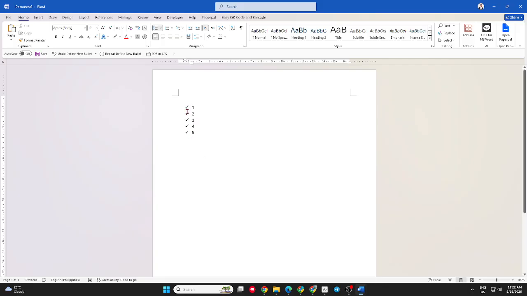Word will immediately replace the standard bullets throughout the selected list with checkmarks. You should now see a checkmark next to each item instead of the original round bullet. This is a simple way to customize a bulleted list and create a checklist-style appearance directly in Microsoft Word. And that's how you can make checkmark bullets in Microsoft Word using the Define New Bullet option and a symbol